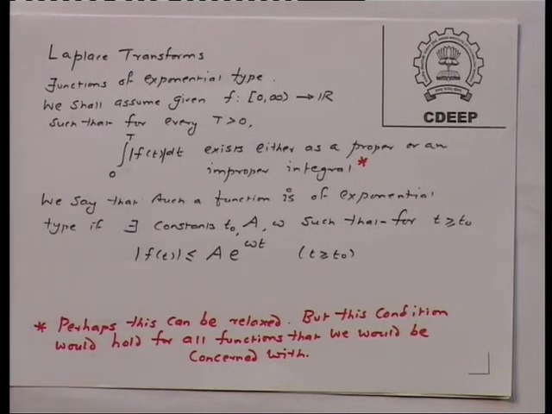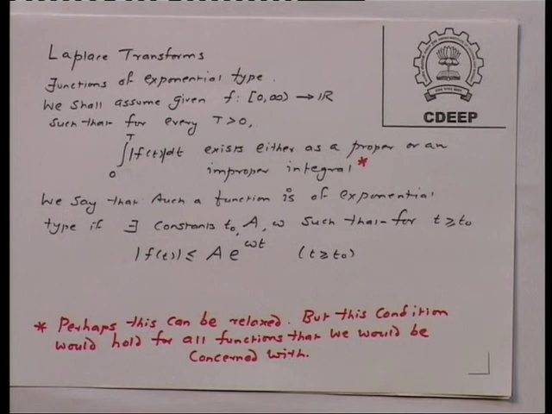Let us put a second condition. The second condition is of a different nature. It is a growth condition at infinity. That is, the function does not grow too rapidly. E to the power t squared, surely it is a continuous function, so its integral from 0 to t will exist as a proper Riemann integral. But then the function is growing much too rapidly. We do not want that,